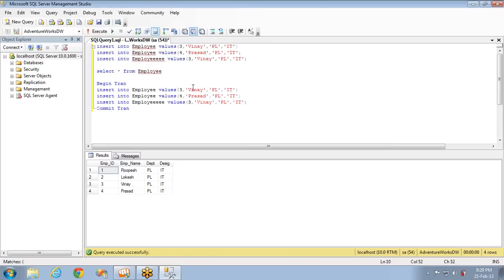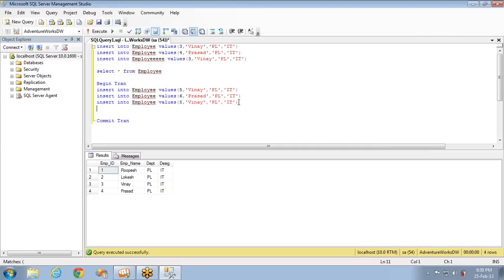Okay. And I'm taking the values. I have values up to 3, right? Or 4. I have up to 4. I'll go for 5. I'll go for 6. And if I go for 5 again, it has to throw an error. Why? Because I've defined the first column, employee ID, as primary key. And I can go for the employee table, right? But the primary key failure should occur here.